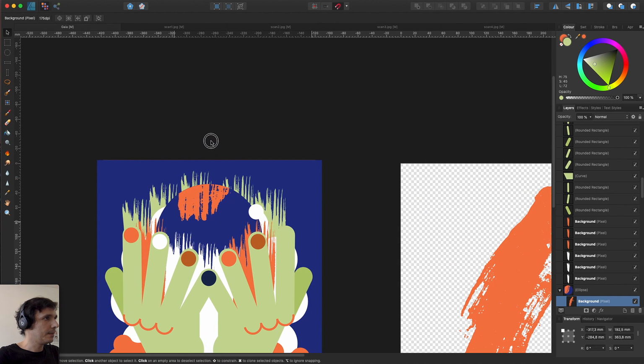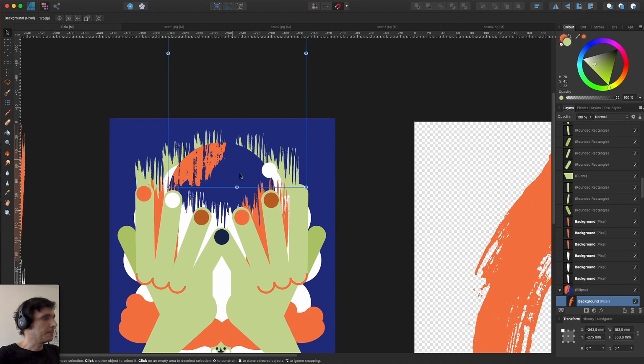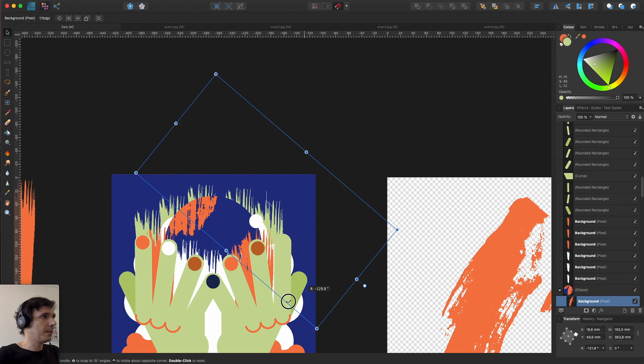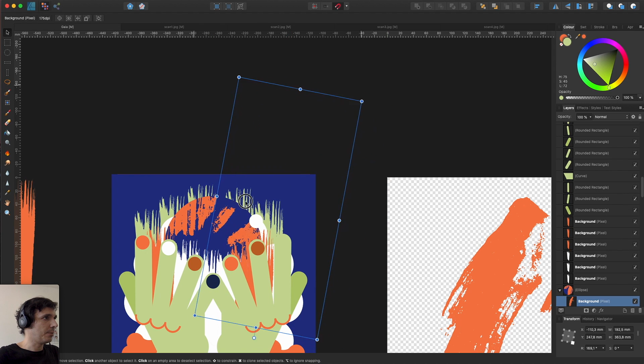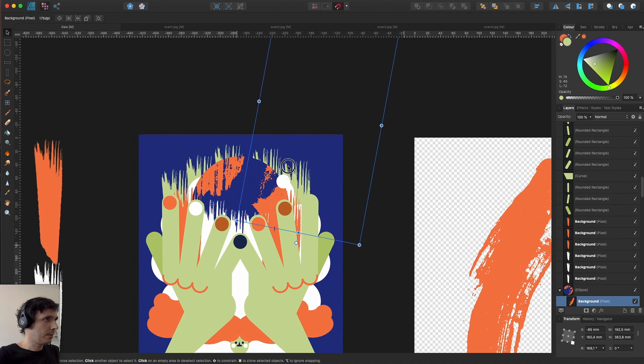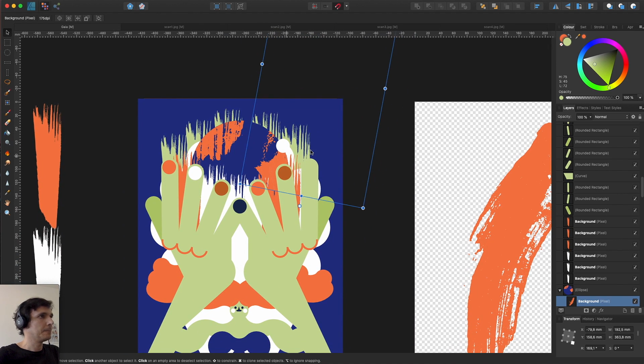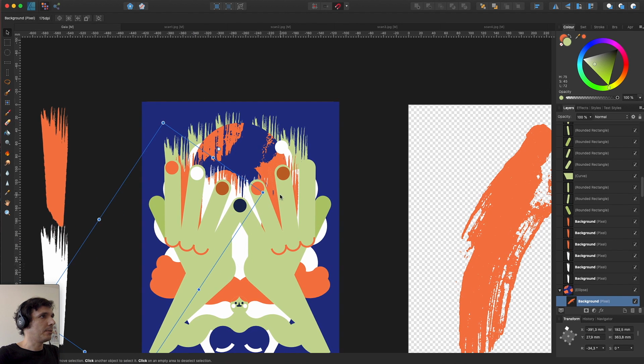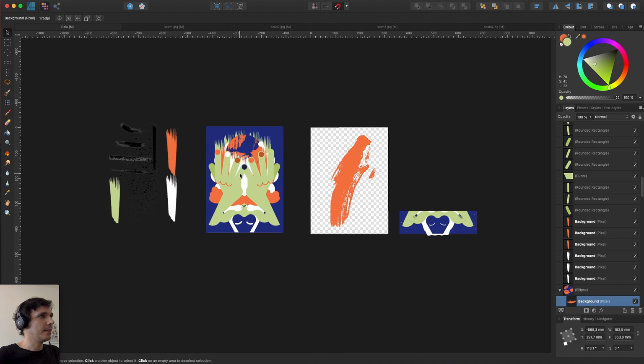As you can see, you can copy paste another one and just play a little with it, turn it upside down. This is the fun part of it. You can really play a little with the textures and the things that you have created.